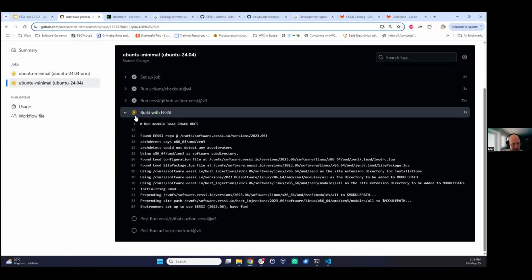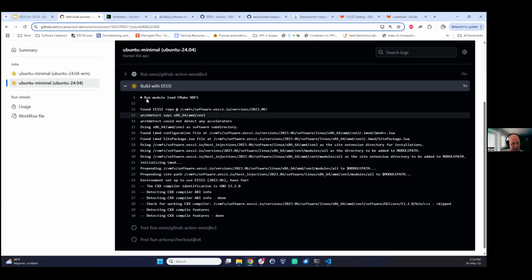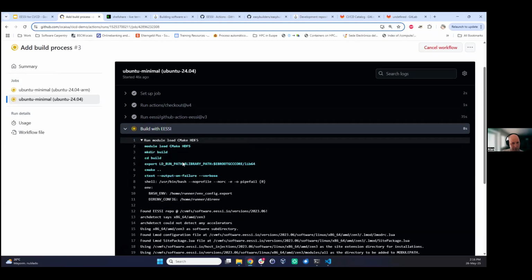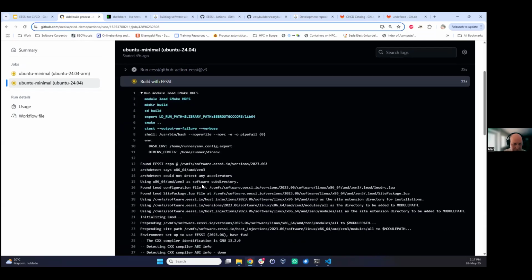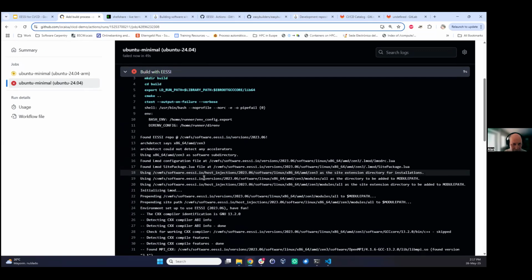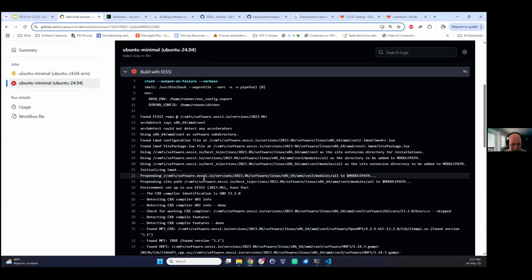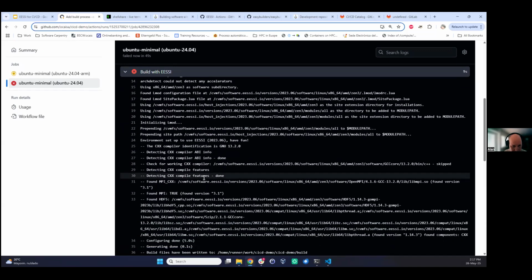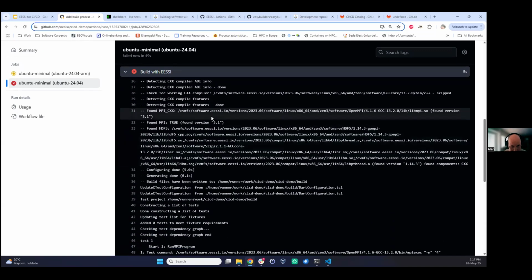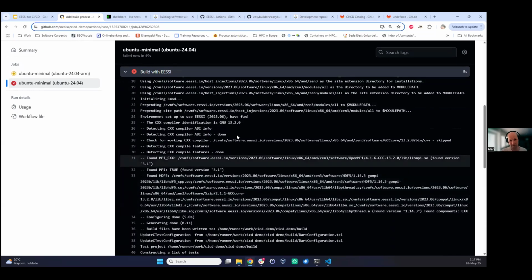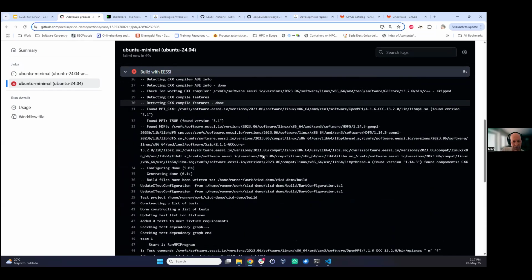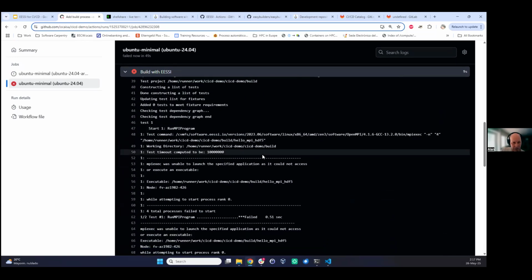If we click on here, we can see it's built with EESSI right now. Let's stay here for the moment. You can see the commands that it's going to run. These are all the ones that we've seen before. Oh, we forgot something. No, it didn't matter. We didn't load EESSI. That's okay. That's correct. Sorry. And then we can see it's the same kind of text that we saw locally as well. It's again loading that GCC 13 compiler. Things worked. It